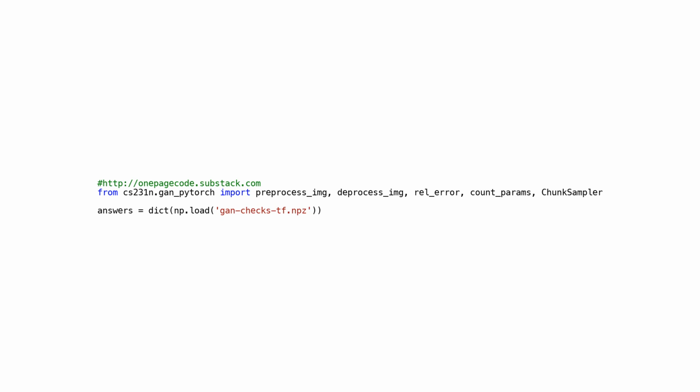NumPy's np.load loads the dictionary from the file, np.load gan-checks-tf.npz. This function loads the saved data from a .npz file into a dictionary where the keys represent the names of the saved data and the values represent the actual data. This code imports the necessary functions and variables for implementing a GAN model and loading pre-computed answers for testing and